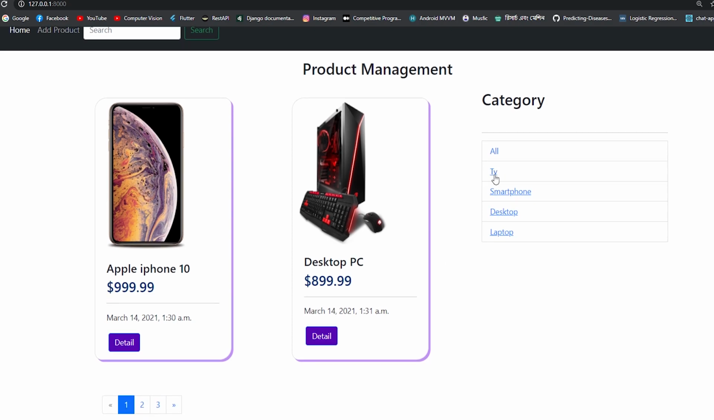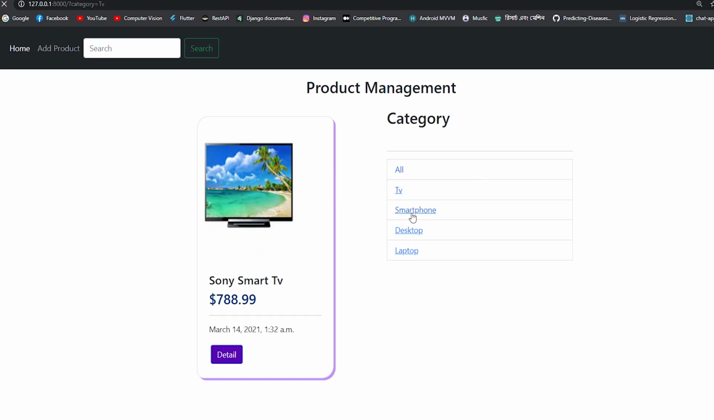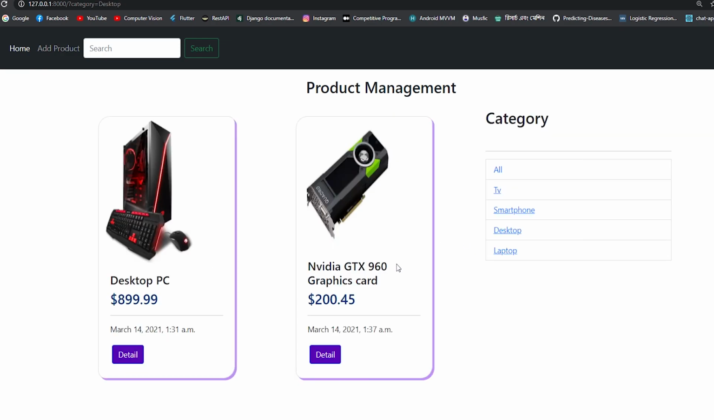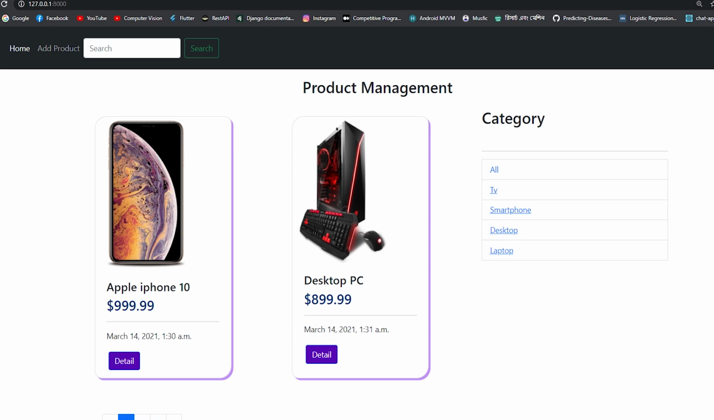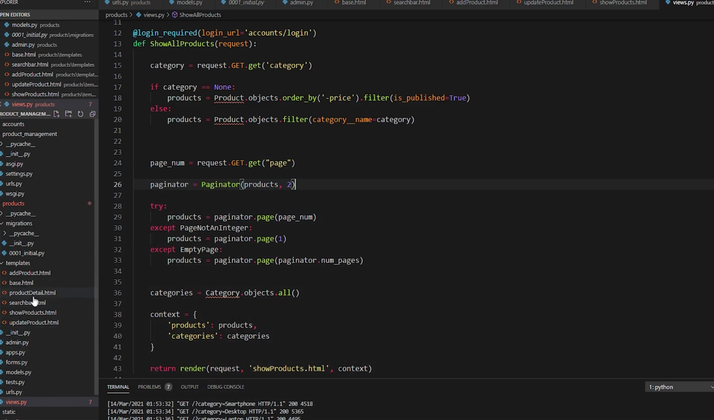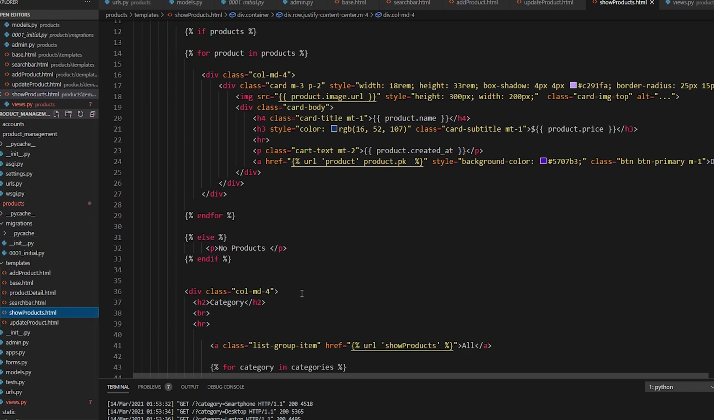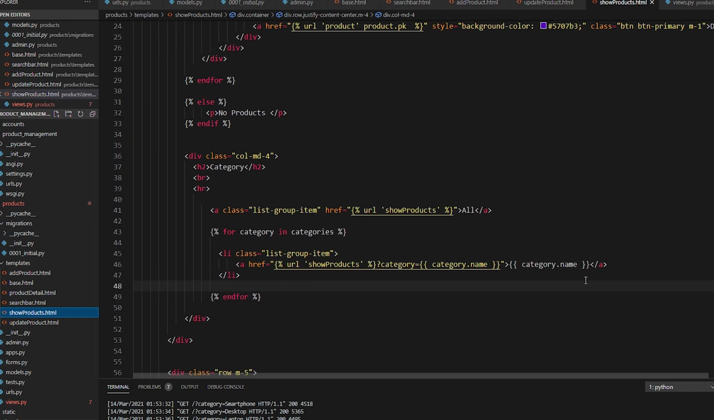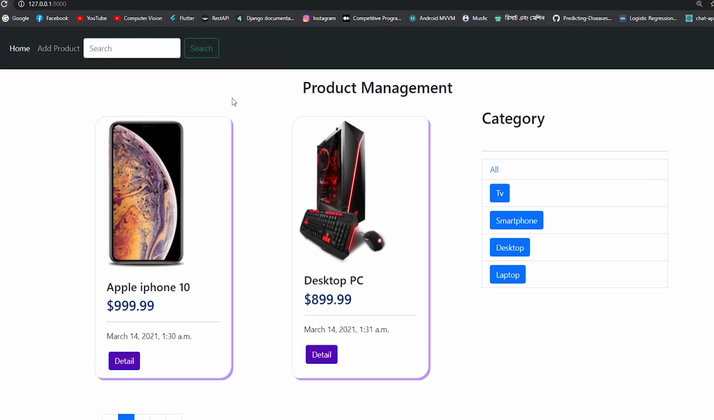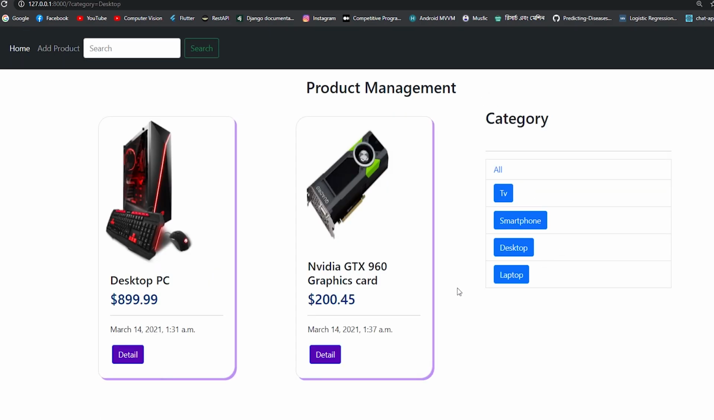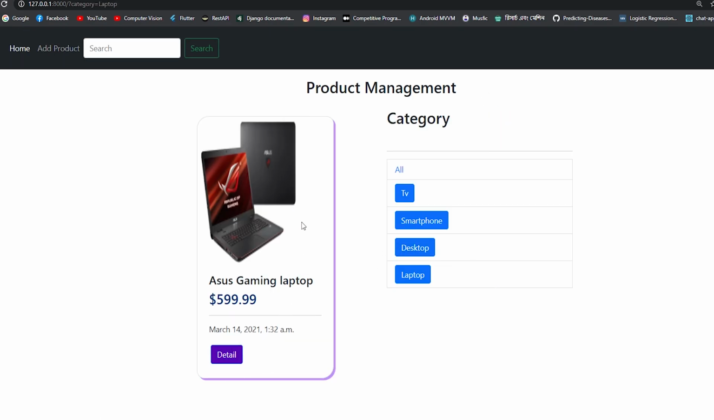It will show all the products. If you go to TV, it will show all the TVs. If you go to smartphone, it will show smartphones. And the desktop, we go to desktop, and the laptop. So our category is done. If we want to give it some more style, for show product, we need to give this a little bit of button primary. As you can see, by TV, by smartphone, by laptop, by desktop,